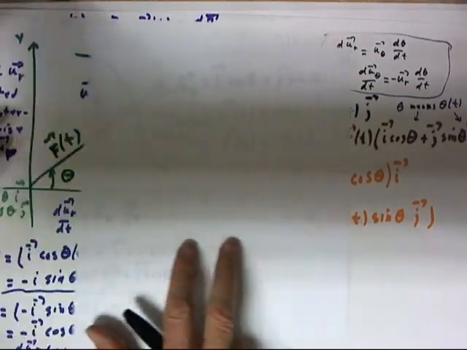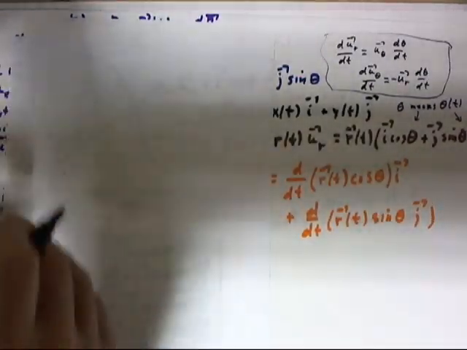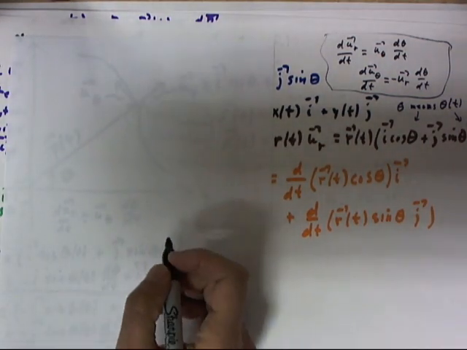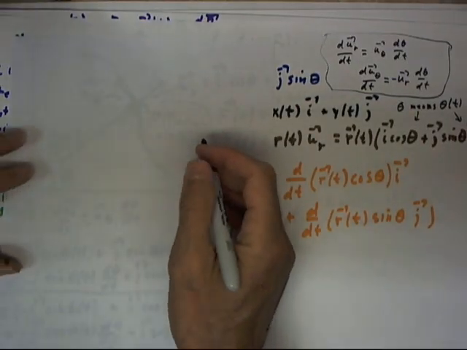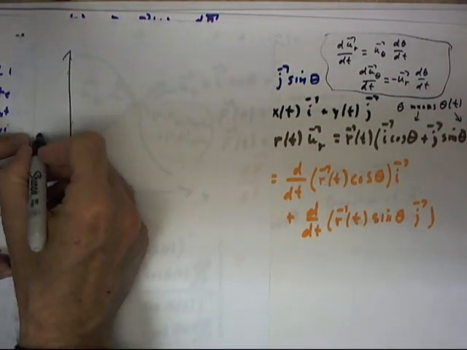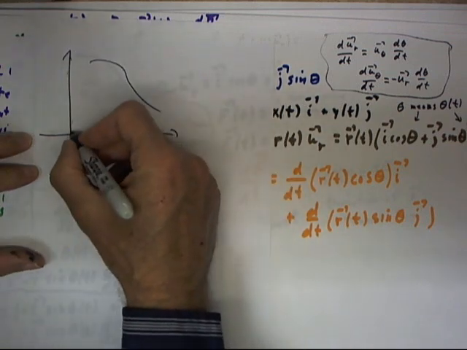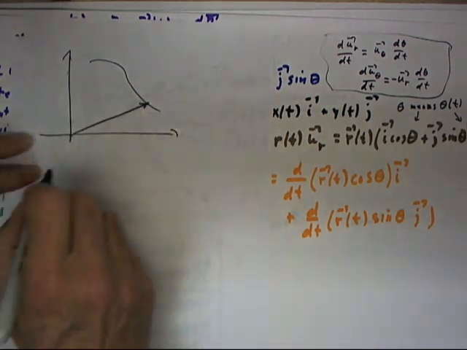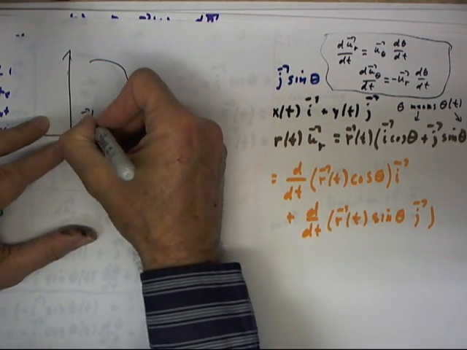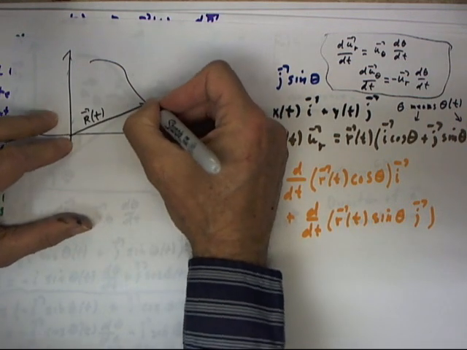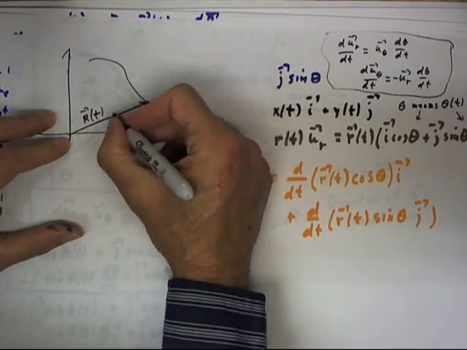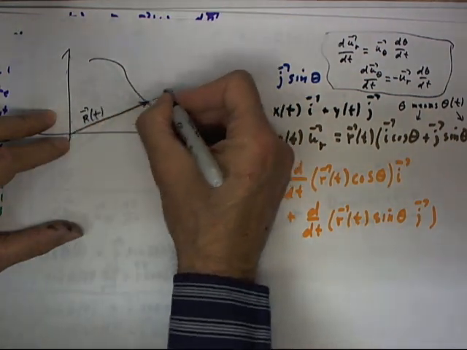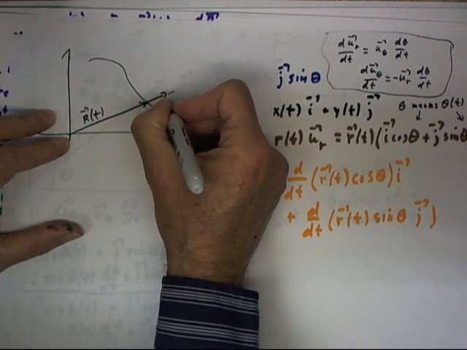Things got a little jumbled in here, so I'm going to sketch this once more, and let's see if we get a little light on the subject. Okay, now if we have a curve and a point on the curve represented by a vector r of t, then we can express that vector in terms of a unit vector in the direction of the radial line. That's u sub r,